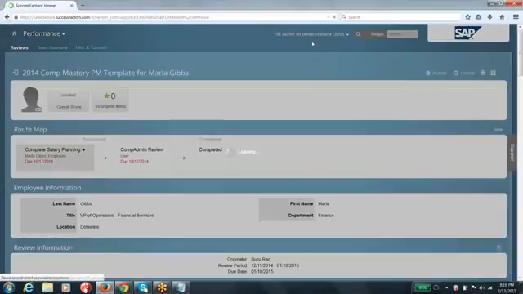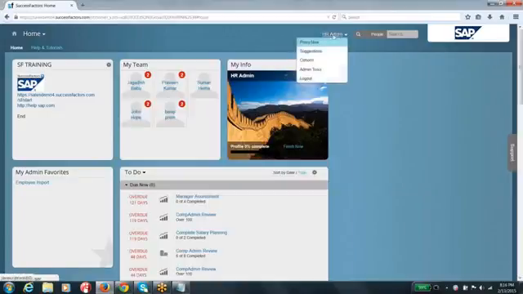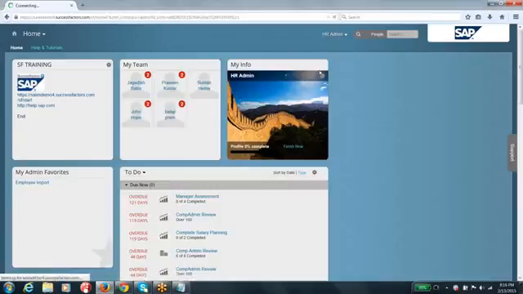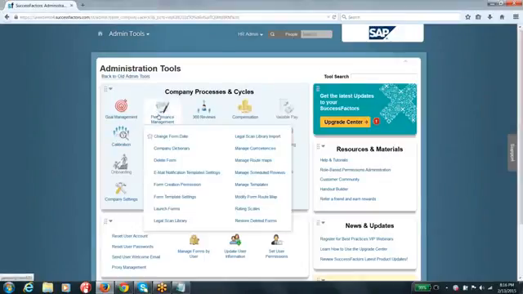So how are you going to integrate your rating scale with the performance plan template? Go to that particular template, whatever template you are working on. Here as we are talking about the performance plan template, go to your performance management template, and the navigation is go to your admin tools. From admin tools, go to the performance management module here, and here you can see there is something called manage templates. So under the administration tools, go to the performance management. Under the performance management, go to manage templates.